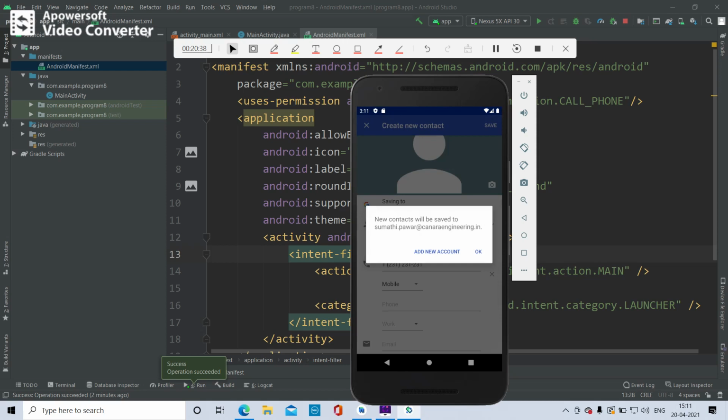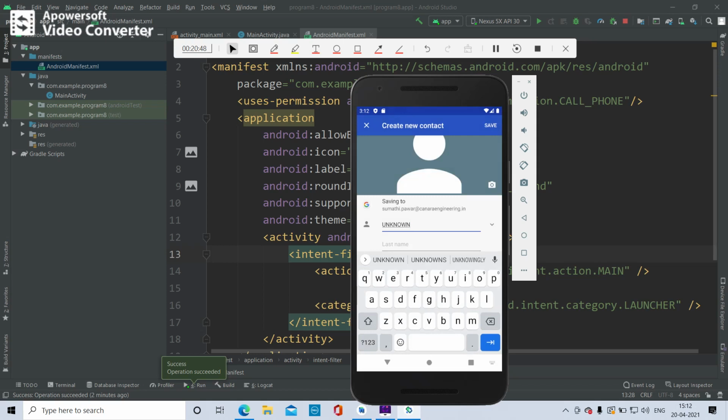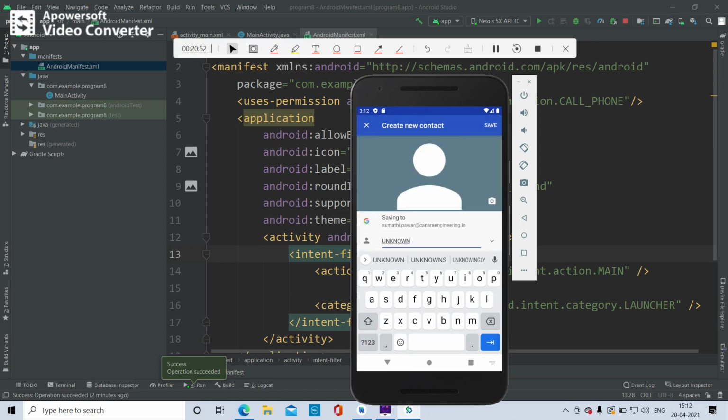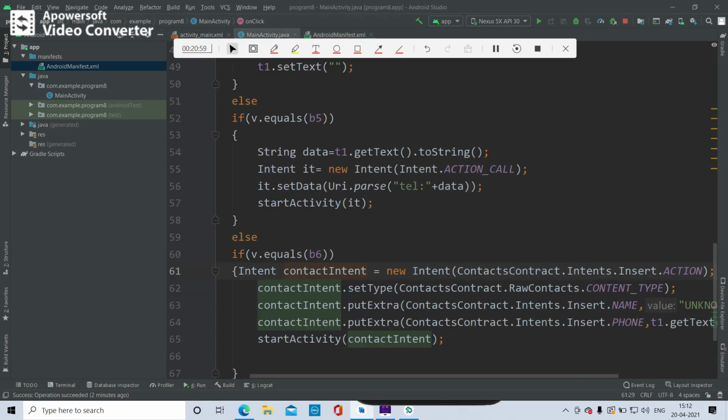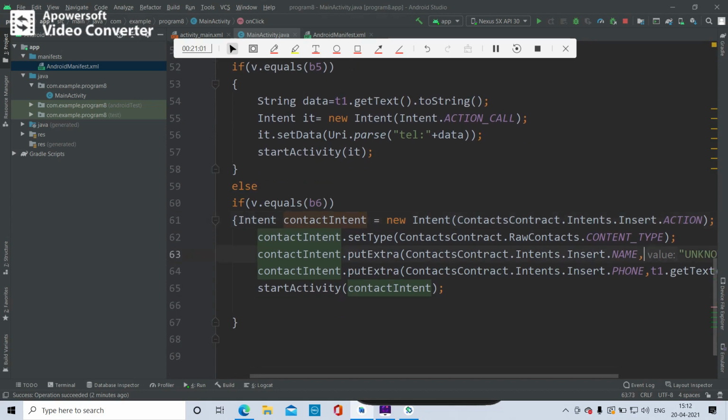Now see, new contacts will be saved to sumat.power@canaraengineering.in. Select OK, and it is taking the name as unknown, because in the MainActivity.java we have given the name as unknown.